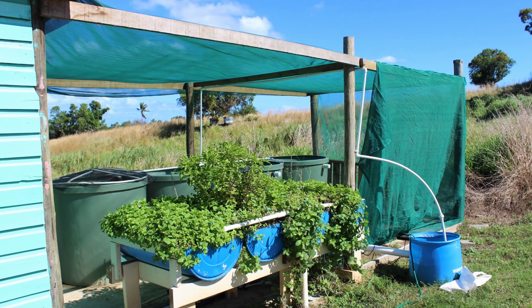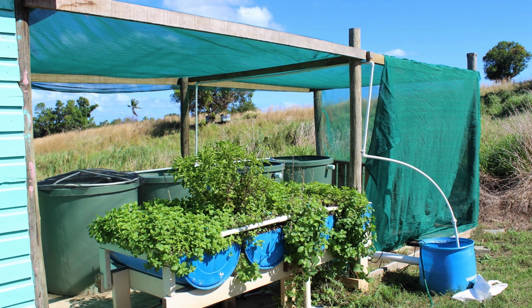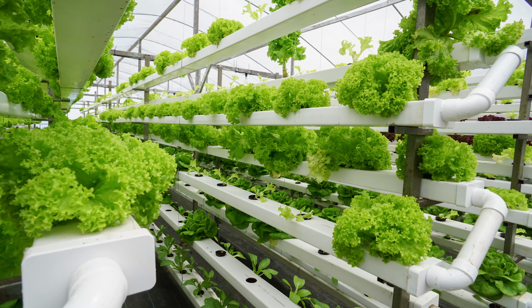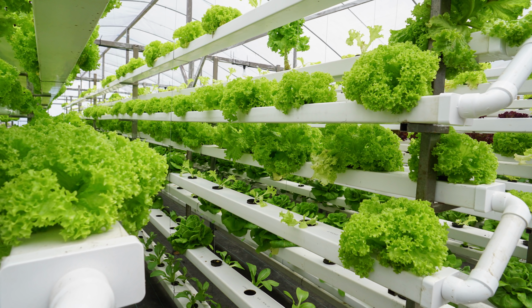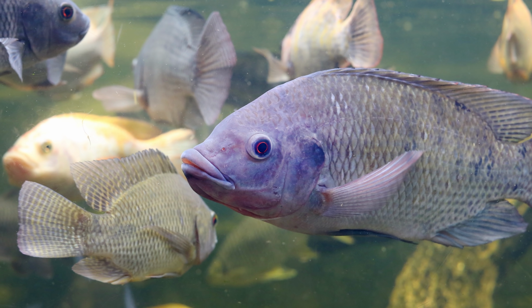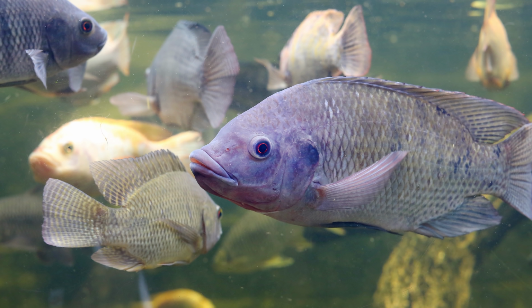If you have the land for it, there's lots of information on fish farming, and you can also raise plants in the same aquaponics system. You would need something like a greenhouse over it to keep it from freezing during the winter, but it is being done. If you have a large aquarium in your house, you could be harvesting plants and tilapia out of